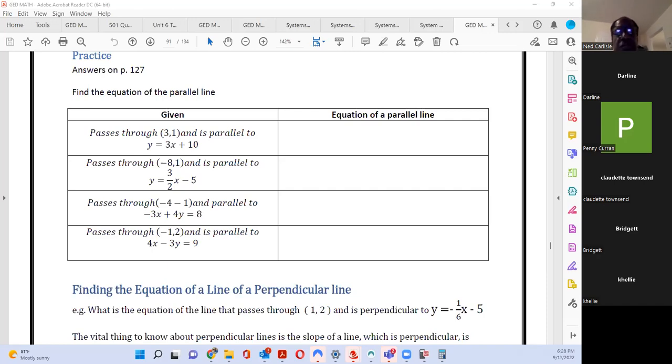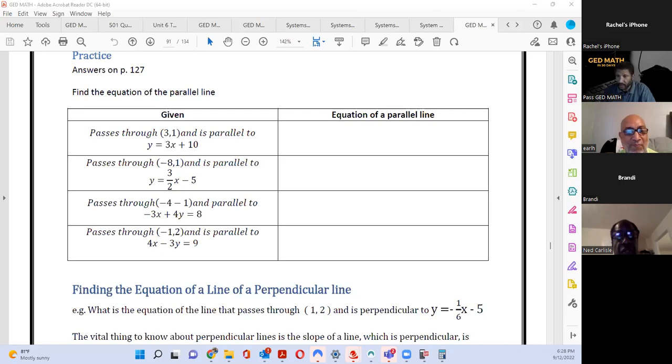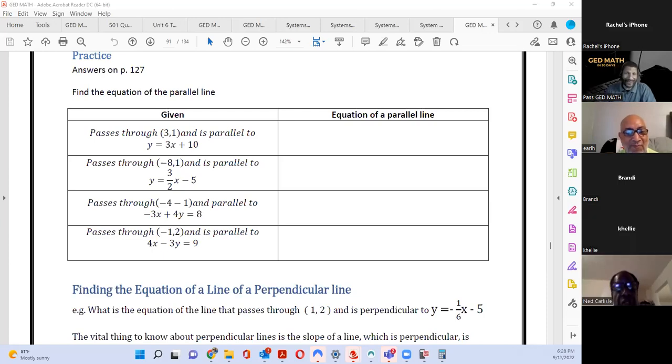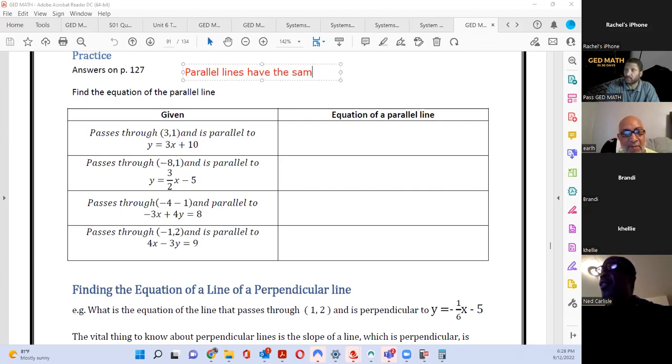They have the same slope. That's what I'm looking for. Who said that? Kelly. So I'm going to write it down. This is very important. Parallel lines have the same slope. Okay. So when they give you the information, when they said passes through (-8, 1) and is parallel to,